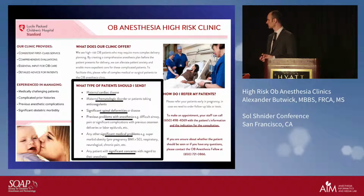So what I've done here is emphasize with bold the conditions, and they're quite broad, that we ask the OBs to send us. So we're interested in any patients that have significant maternal cardiac disease, if they've got hematological disorders or they're on anticoagulants, if they've got significant spinal deformities, if they've had problems with anesthesia, be it from non-obstetric surgery, or more commonly if they have bad experiences from having an epidural or from a block for C-section. If they've got other relevant medical disorders, and we've made it very broad,